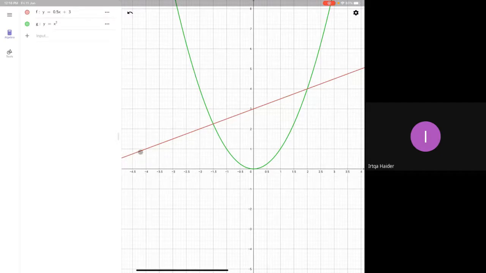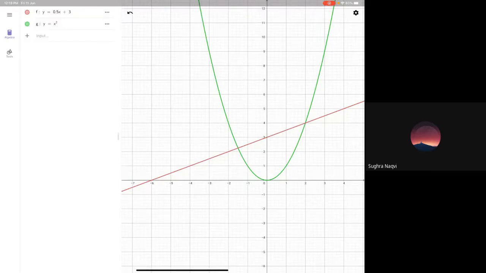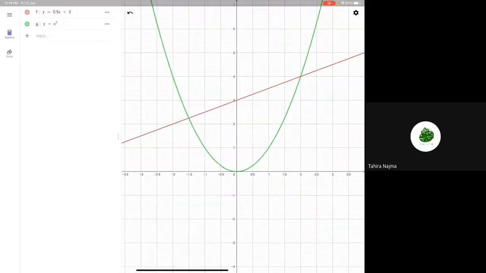If you look at this red line, is the slope positive or negative? Positive. Why? Because that red line is making an acute angle with the positive x-axis. See here it is making an acute angle. Clear? So slope is positive. Now what about the slope of the green line? Is it positive or negative or 0? Zero. No, it depends. Very good. You should ask where. Because at every point slope is different.